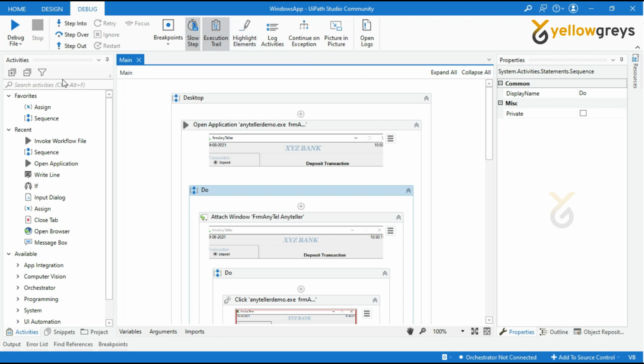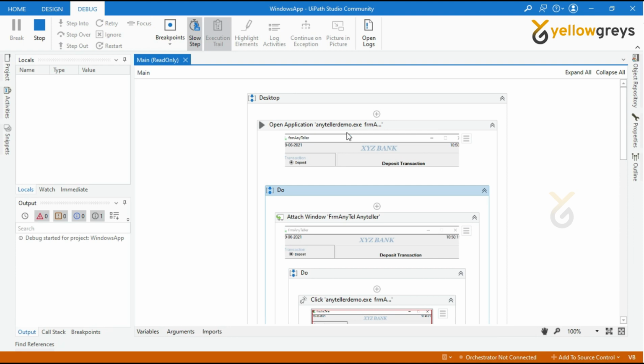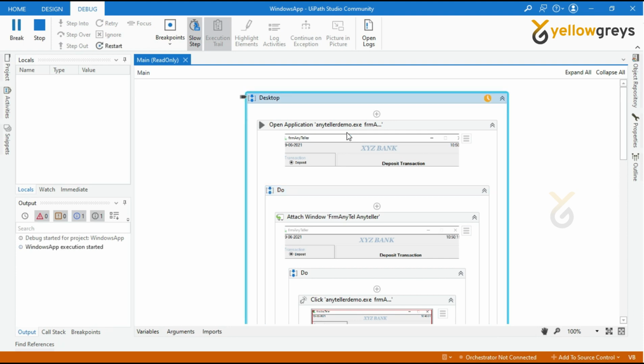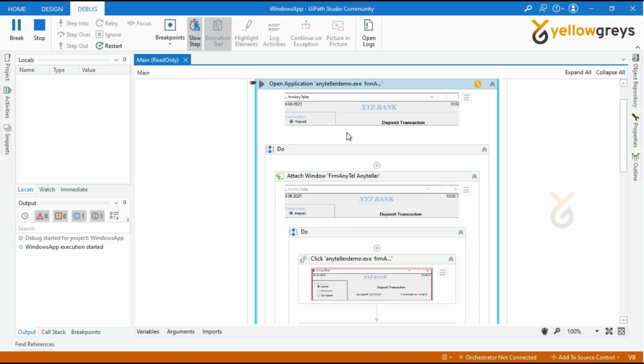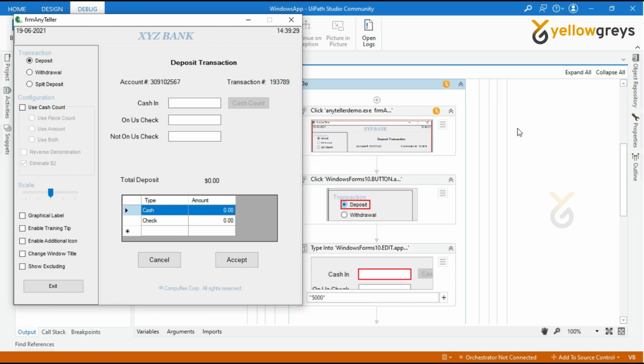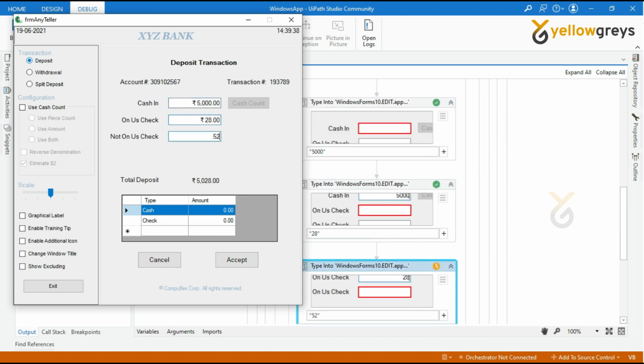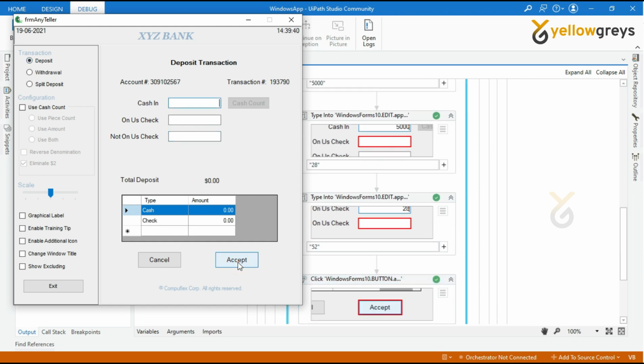Let's execute the process without enabling the highlight element option to see the difference before and after. Here the bot is filling the details into the Windows application, whatever we captured at development time. The process has been completed.